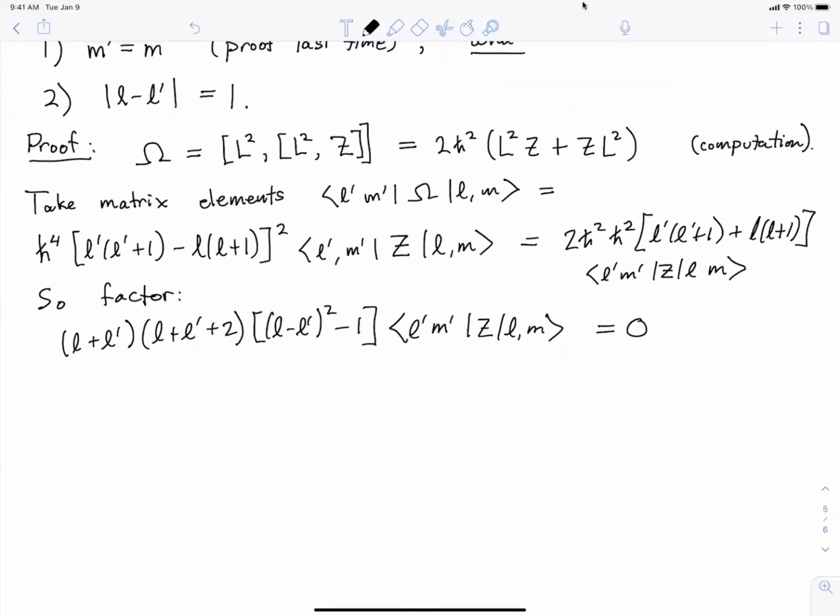Okay, so the only way that can happen is if the matrix element is not 0, or if we're going to assume for the moment that this is not 0, then this stuff has to be 0. And the only way that can happen is if one of the factors is 0. Okay, so we need, and in parentheses, by need, I mean for the matrix element to not vanish, we need one of the following things to be true. Either the first factor is 0,